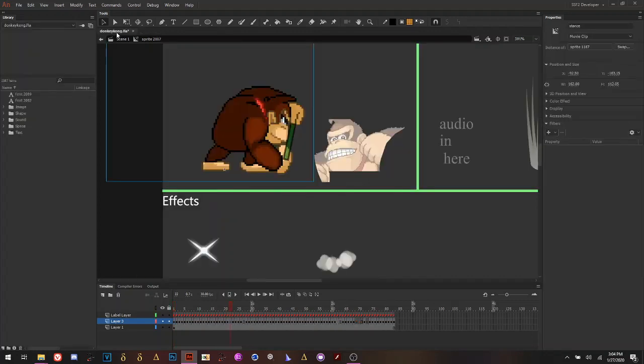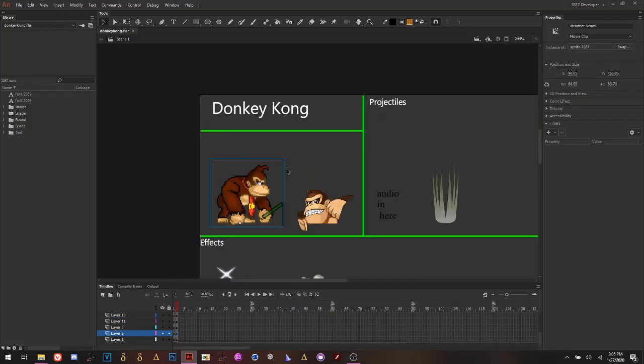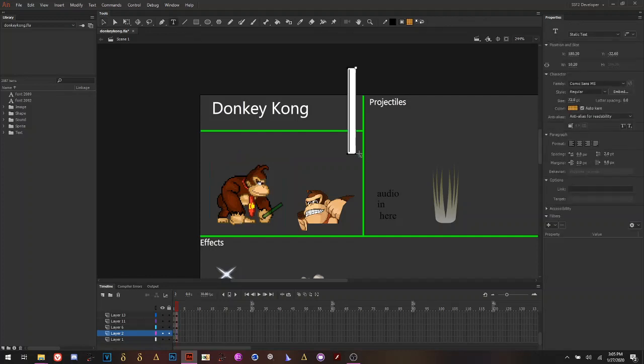But that's pretty much the gist of how you would make an FLA. That's how I do mine. I could make a separate video on how to edit them in detail, but this is the basic stuff. Oh, and one of my favorite things to do, let me see, is that you can just take a text box and just put